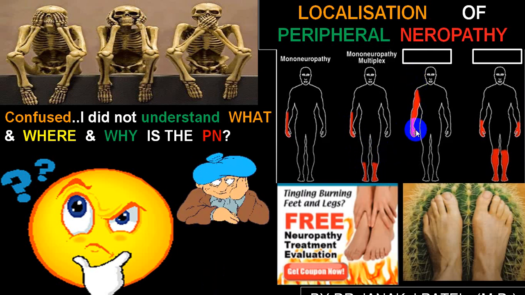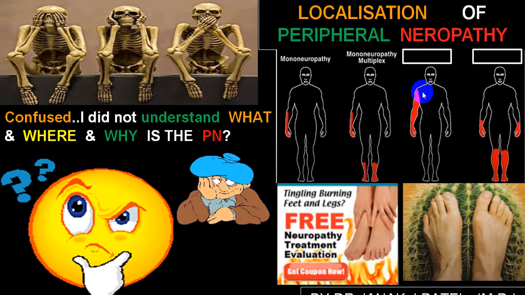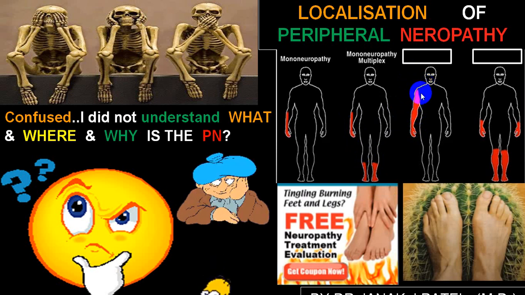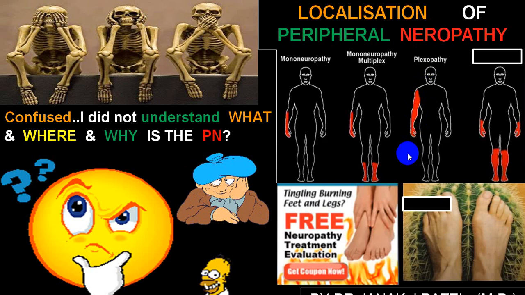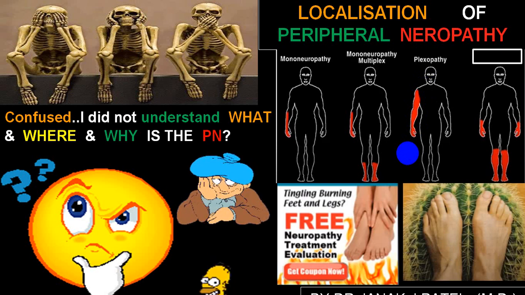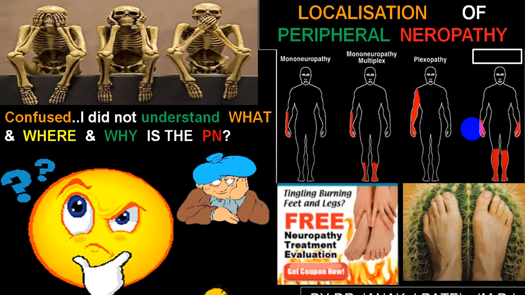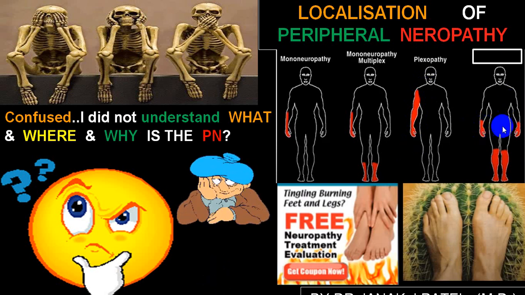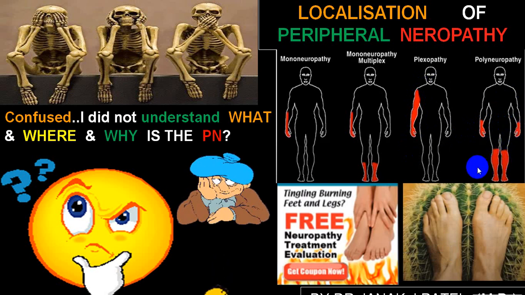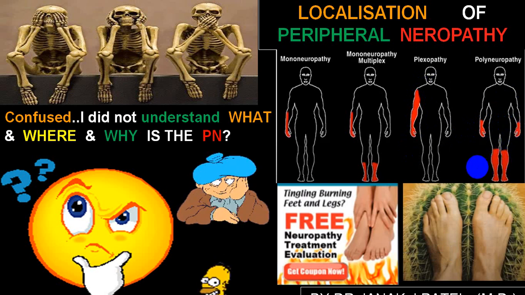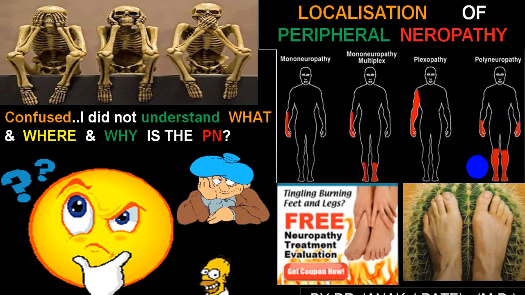Here the entire limb is being involved. This is very common if you get a good number of spinal nerves involved, which happens very frequently in radiculopathy, or we call it plexopathy. And when you get glove and stocking type of involvement, it is typical of polyneuropathy. So these are some of the pictures, and we'll be discussing how you identify them.